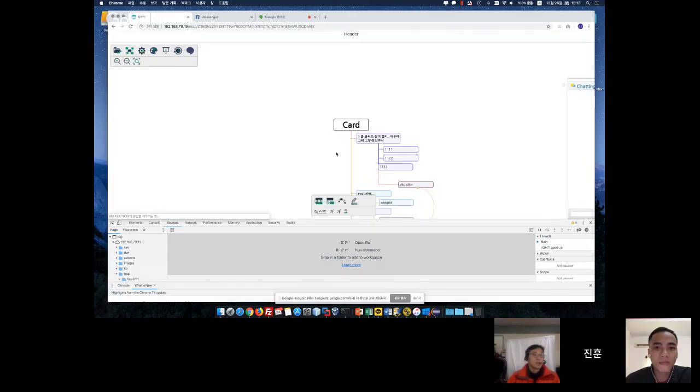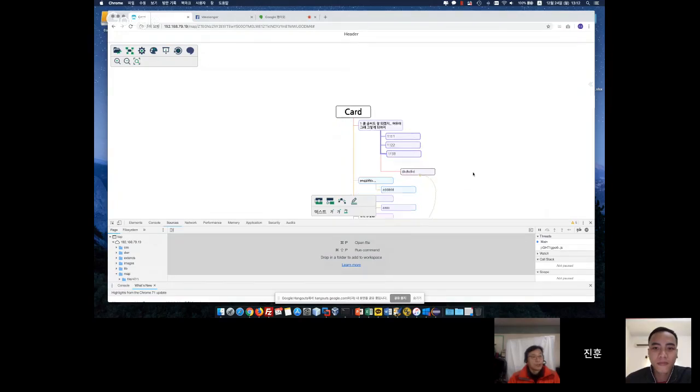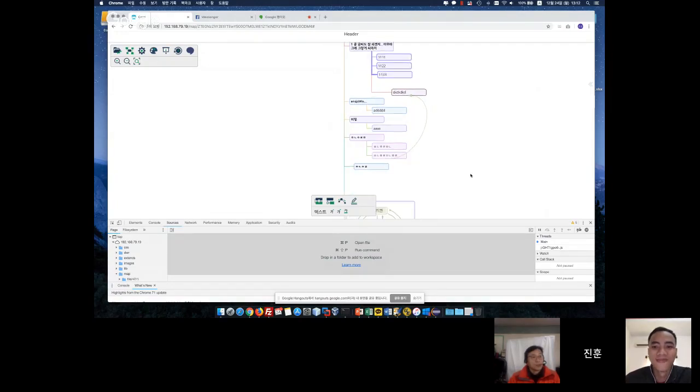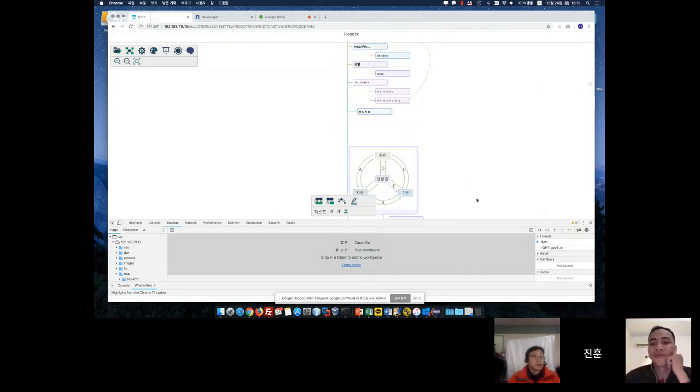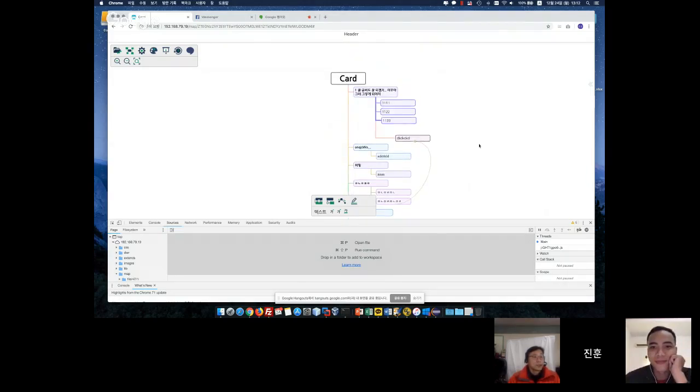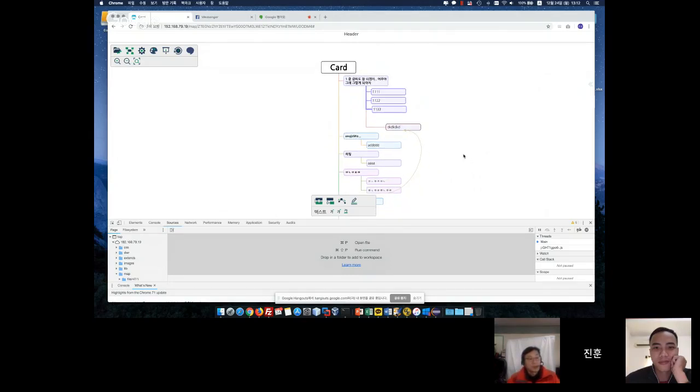But this card layout view spent so much time of Jinun's. He is supposed to finish the Node.js conversion, but he's still working to finalize the card layout. And this is another view Jinun created. This is very similar to an organizational chart, but the structure is a little bit different from the original OK Mind Map